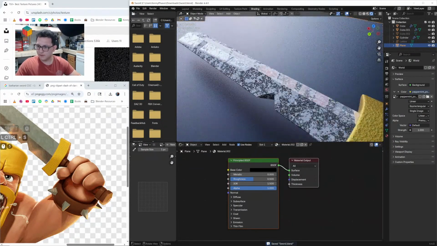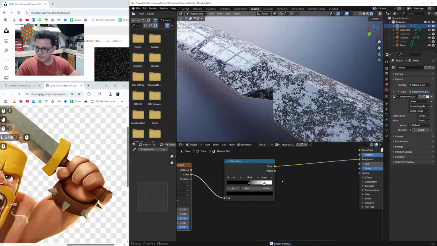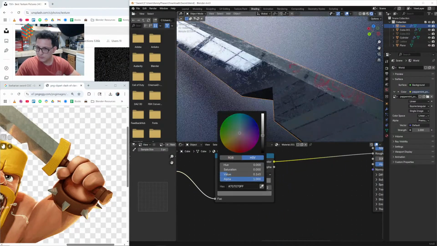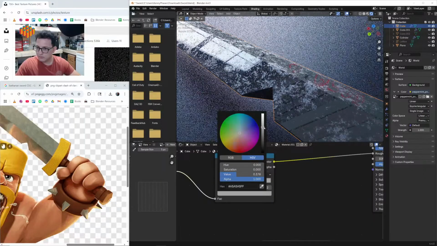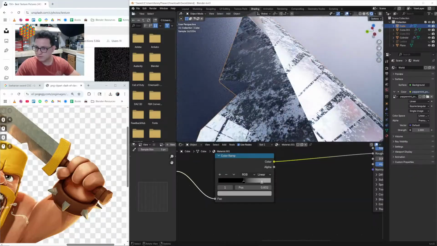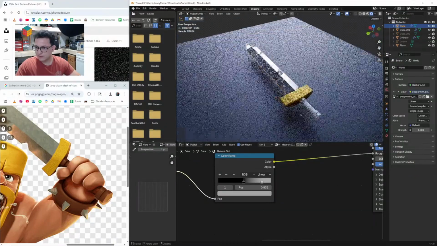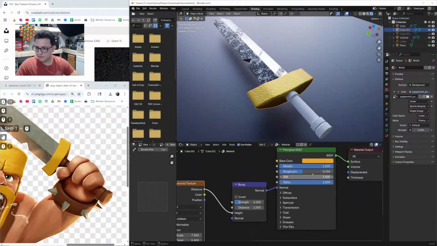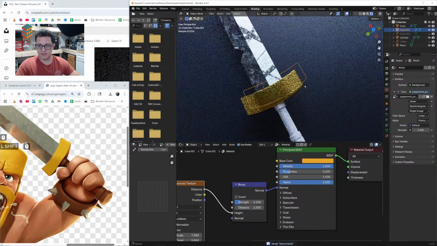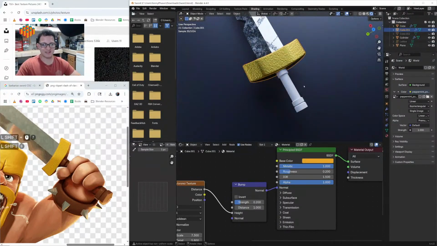All right, so we have our metal. I do still think I'm not 100% happy with this, so hold on. I don't know. It looks good. I'm not 100% happy, but I guess it'll have to do for now. Okay, so we have our gold, we have our metal, and now we need this plastic leather